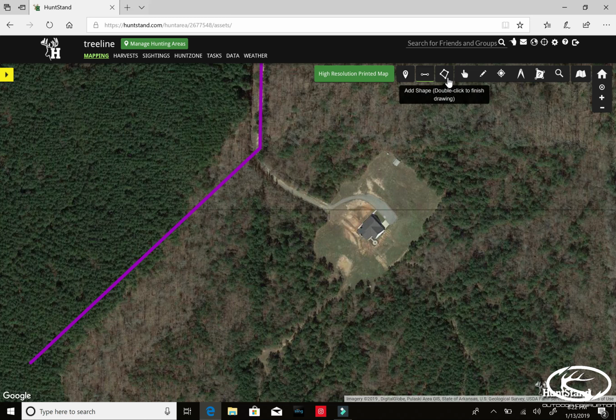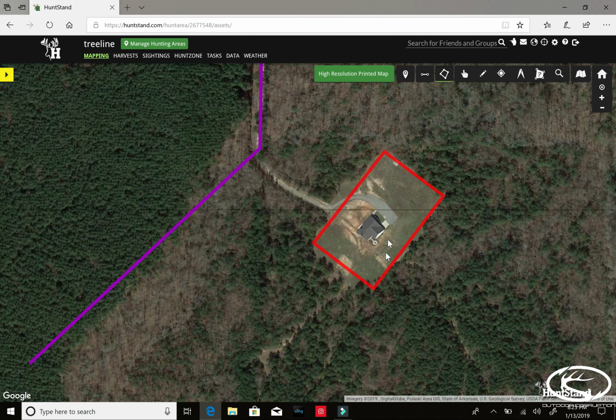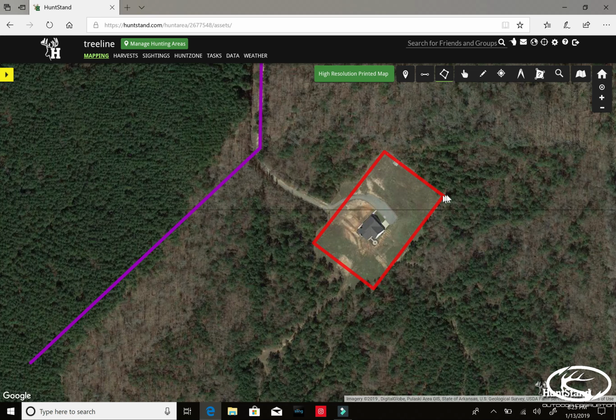So from there, what we will do is, okay, this one here is kind of the same thing. You do basically a border line around it, except it is going to fill or shade the inside of it. So you'll double click that, and there's a couple of different options here which will change to a different color. Water will be blue, boundary will be red, obviously, and you can name it whatever you want to. The same ordeal here. So say if we didn't want to do red,